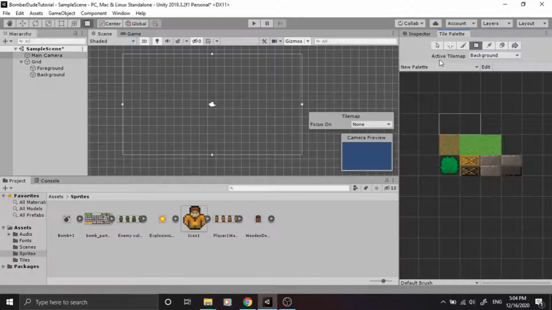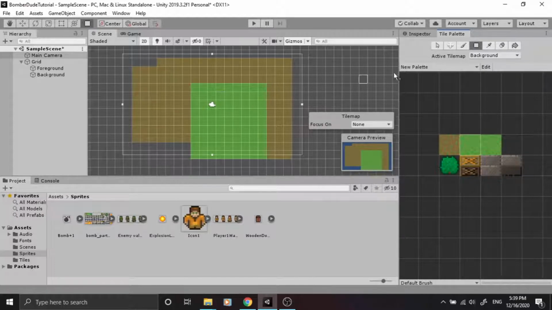Before doing so, make sure your active tile map is set as background and you've selected the brush tool. Now click on this mud tile and we can now start painting with it. If you want to paint a selection, you can click on this selection box tool, and you can paint with it like so.